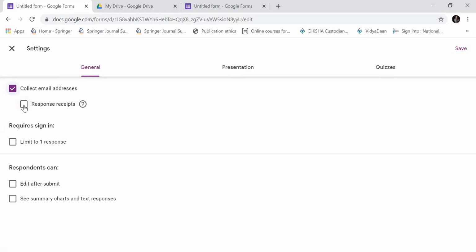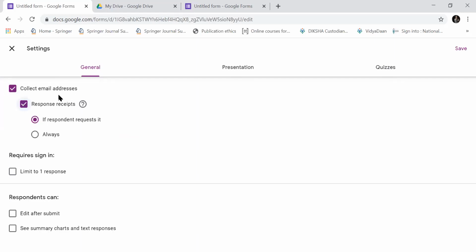Response receipt is basically for the student. If you want your student to get their quiz back by mail, you can click over here. So the student will get their quiz after submission if they request it, or always. So I will put here if respondent requested.